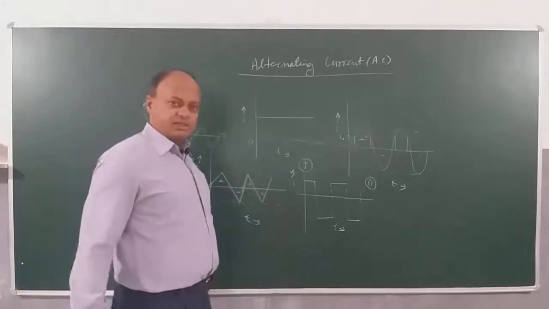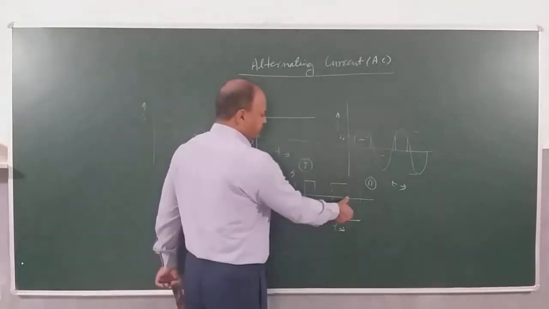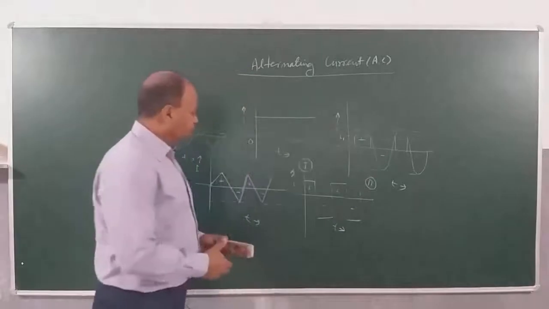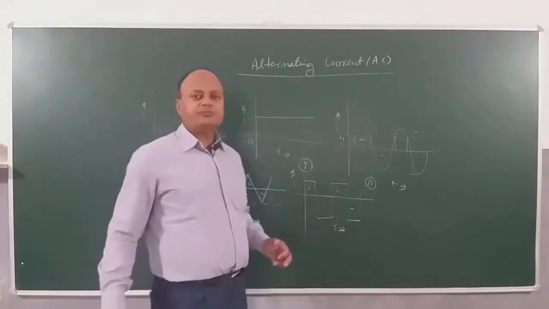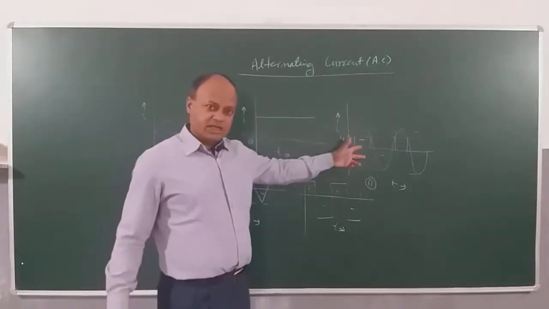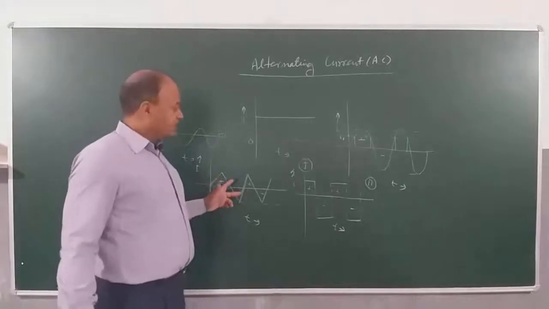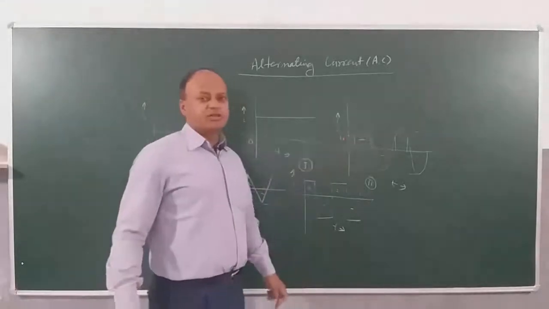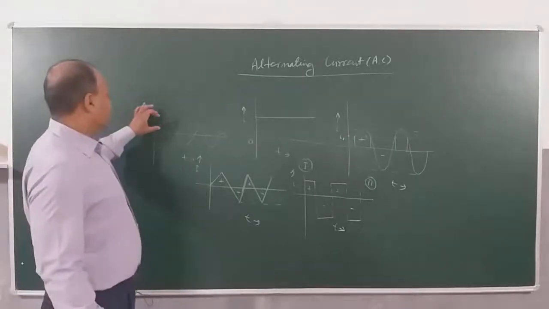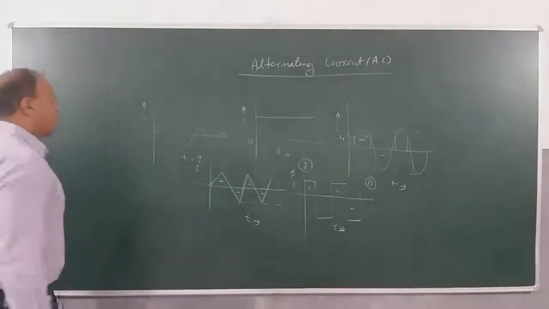When you look at this, it is a square form. Here also amplitude is same. Amplitude of current in each case is same. Plus, minus, plus, minus. So these two also represent alternating currents. This is a sine wave or sinusoidal current. This is a triangular wave. This is a square wave. They all are representing alternating currents. But when I look at this current, this is not alternating current because its amplitude is constantly decreasing. So we'll be defining what is alternating current.